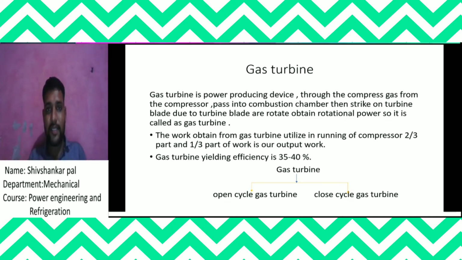So the efficiency of any heat energy system lies between 35% to 40%. That means when I am asked what is the efficiency of our internal combustion engine or Otto cycle, Diesel cycle, any one of them, or our gas turbine, then simply you give the answer: the efficiency of any thermodynamic